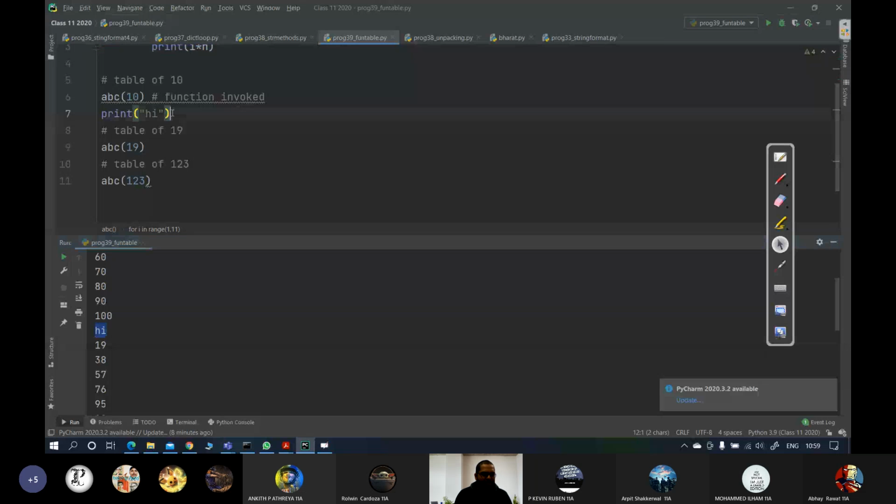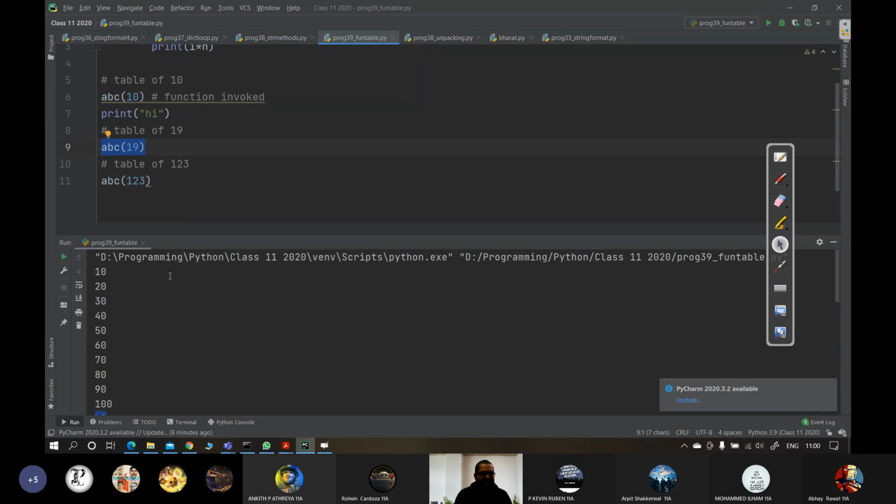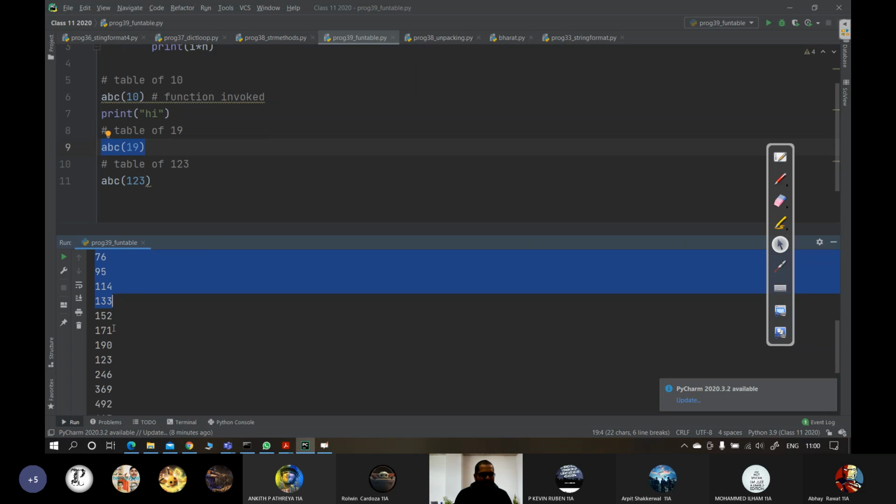ठीक है, क्योंकि उसके बाद तुमने 7th लाइन में high print किया है. Then this comment line will be ignored. Then line number 19 with the same piece of code you are invoking with the value of n as 19. उसके बाद देखोगे वो 19 का टेबल प्रिंट किया है. Okay, till 190. Done. उसके बाद फिर once it has executed, it will again return back to line number 9